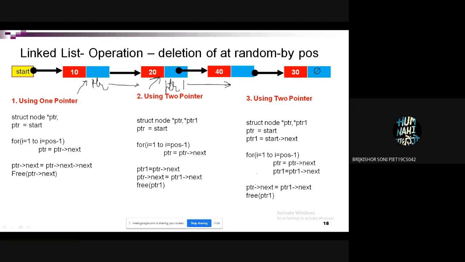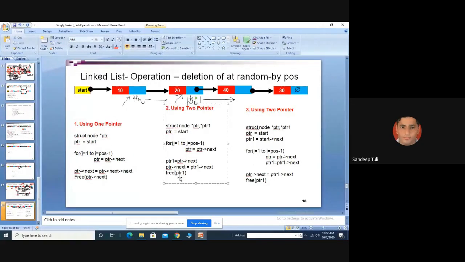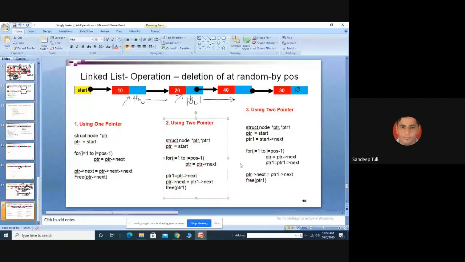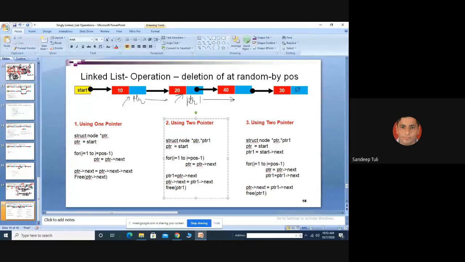Yes, okay sir. I liked the one-pointer approach, I will try it with two pointers, but it seemed quite easy. That is okay, but it is up to you which one you feel good about. But it is not up to you to write the answer accordingly. If the question asks you to write the code using 2 pointers, then you need to do this. If the examiner asks using 1 pointer only, then we need to do that. So it is not our choice actually. You have to answer as asked. You should know both. Is it okay?